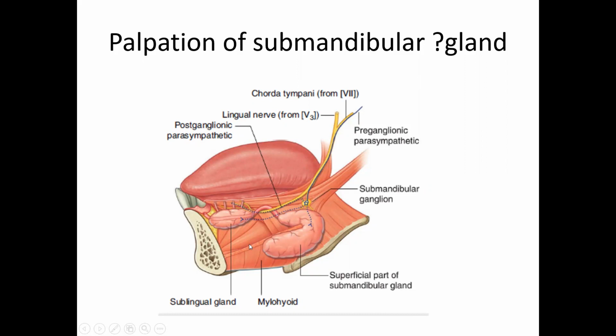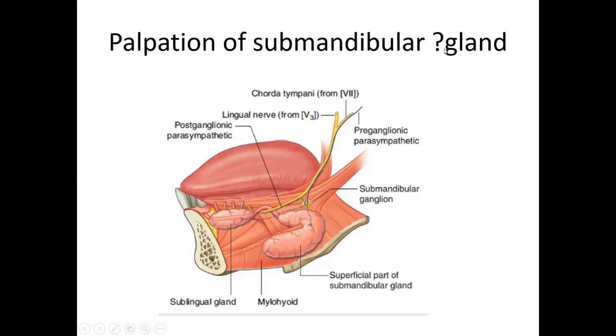That's an oral structure. Remember, the mylohyoid is the orocervical diaphragm. So deeper to the mylohyoid is the oral structure. Superficial to the mylohyoid is the superficial part of it. If you want to feel the entire gland, one finger is to be inserted on the side of the tongue in the floor of the mouth, and the other finger is in the neck. So the submandibular salivary gland is palpated by a bidigital examination. One finger in the floor of the mouth, one finger in the neck.